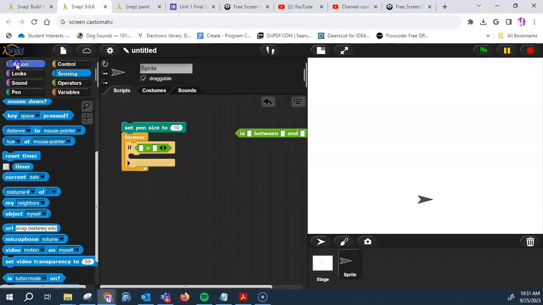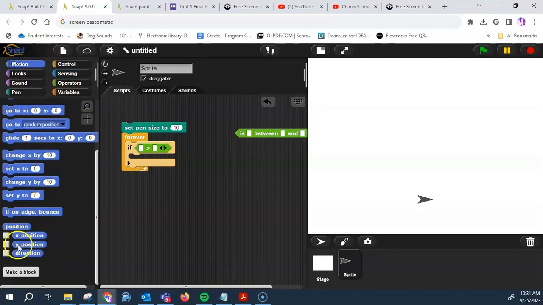No, it's not under sensing, it's under motion. Y position. I always like to click off this little portion because it lets me know up here where the y position is. If you notice, the y position will start at -180 and will end at 180. So I'm going to click that, and I'm going to say if my y position is greater than, I'm going to put 0 right here